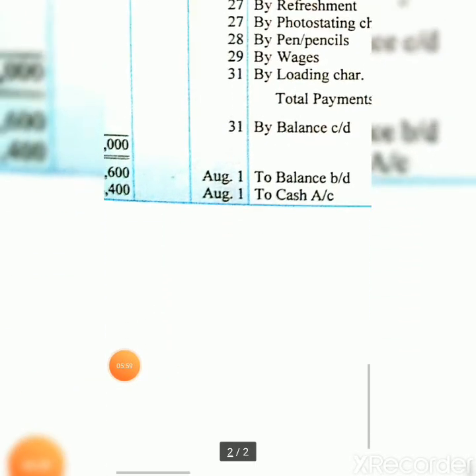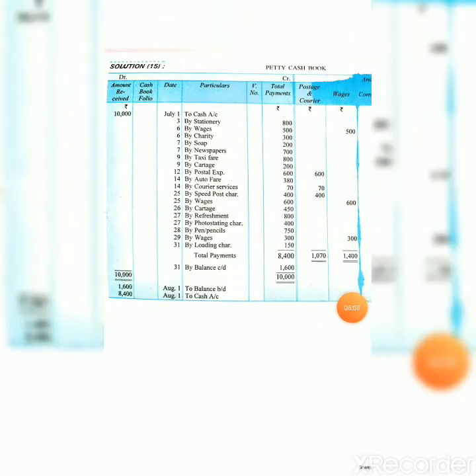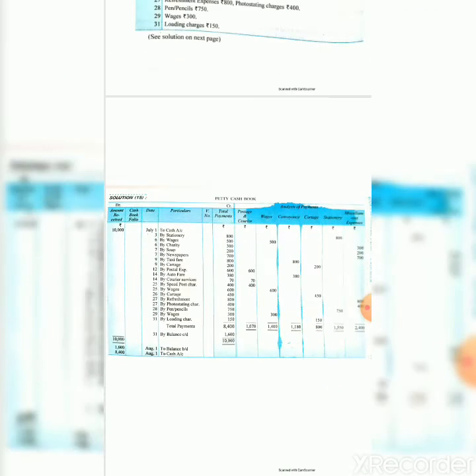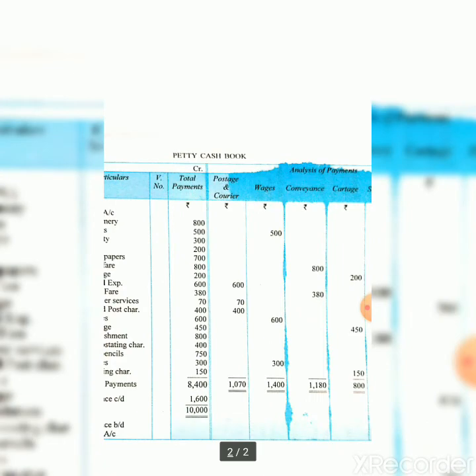So from again next month, again these columns will continue, and we will keep writing all the expenses. Again, suppose 5,000 rupees is spent this month, so 5,000 remaining balance will be again balanced and written to balance c/d, and again 5,000 is needed to make it 10,000. So at last we will again write on the first day of the month to cash, and 5,000 rupees we will write. So that is called the imprest system.